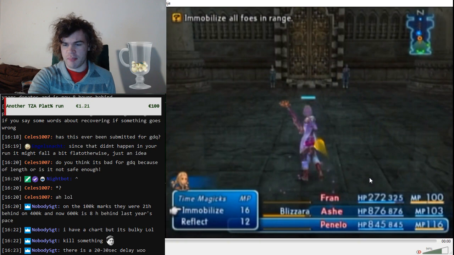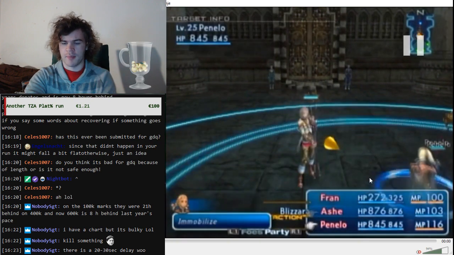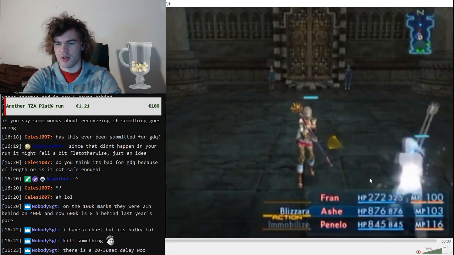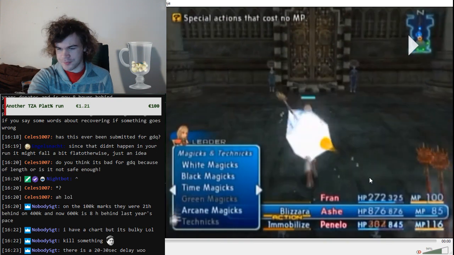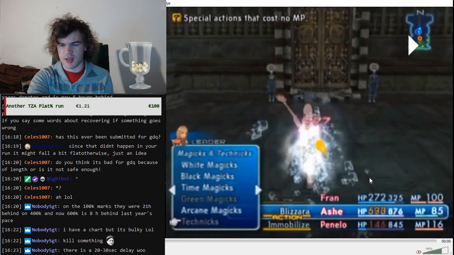But yeah, you use Blizzara on Penelo. You have to wait a little bit. If we go back and do this, you can see me stop there for a second, and that's so that Penelo catches up, so that Ashe is also in the range of the Blizzara. And as soon as the Blizzara hits, then have Penelo cast Immobilize. And then you can set your cursor on Techniques,